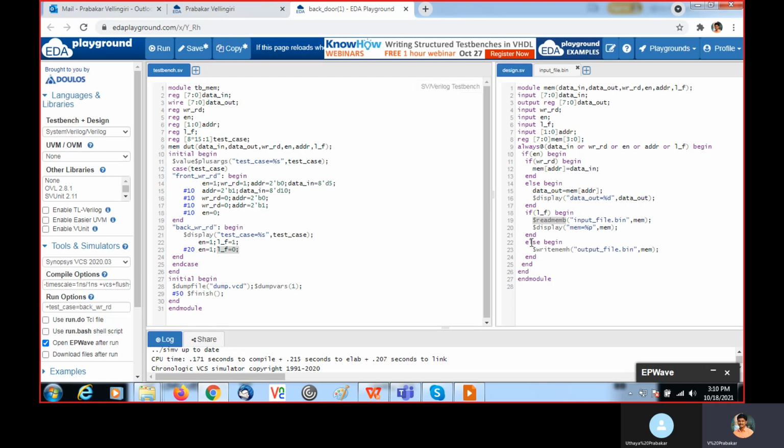So it will move to the else part and perform this $writememh. The content of the memory will be written to this output_file.bin. You need to choose download file after run, so that you will get this output file.